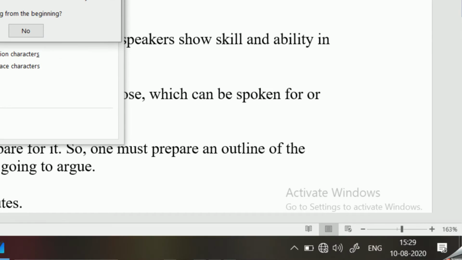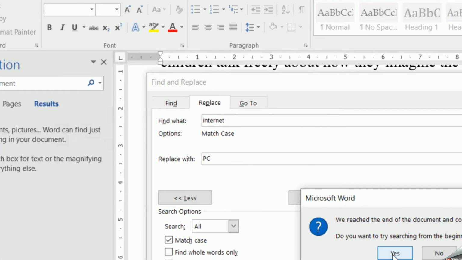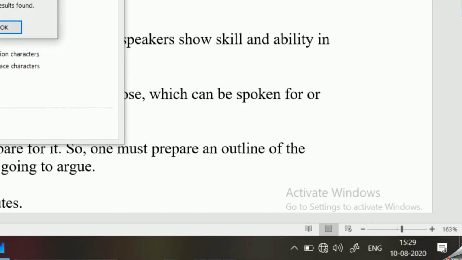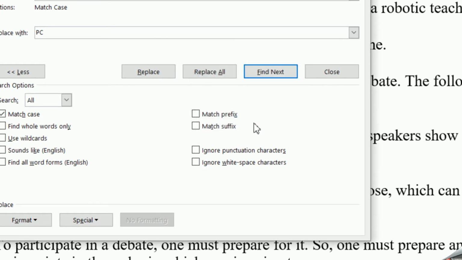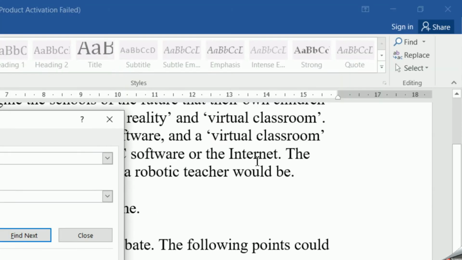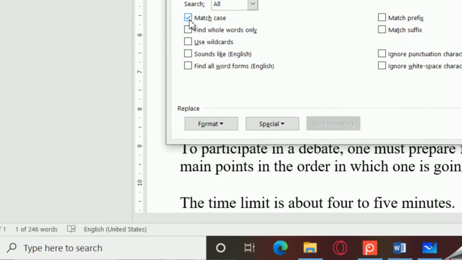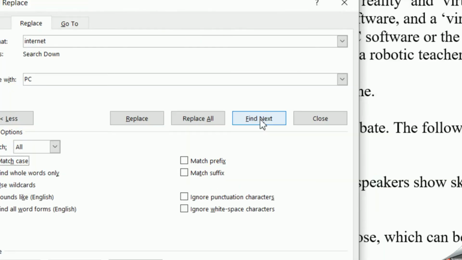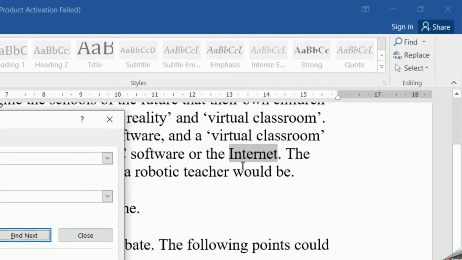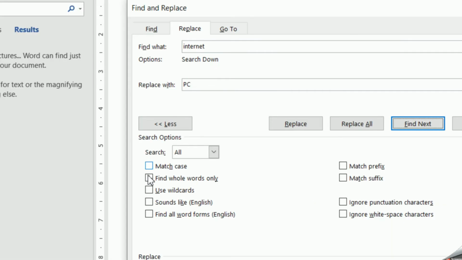If I click on Find Next, it will ask whether you want to start searching from the beginning. You click OK. There are no results, but you can see Internet over here. The only thing is it starts with a capital letter. So in that case, you will have to uncheck this box. You click on Find Next and it will highlight Internet.